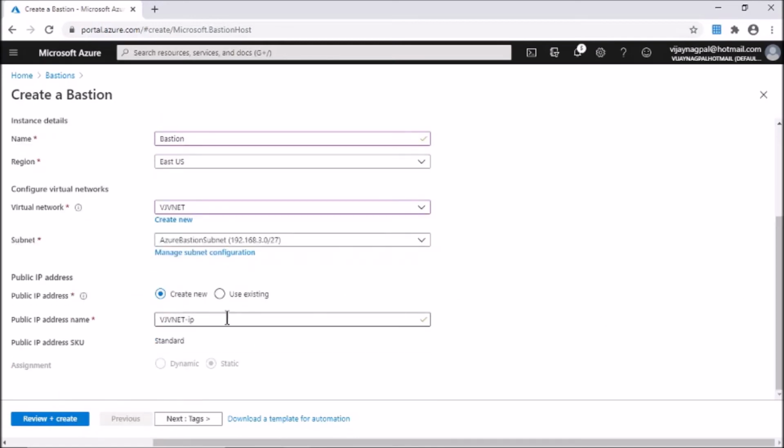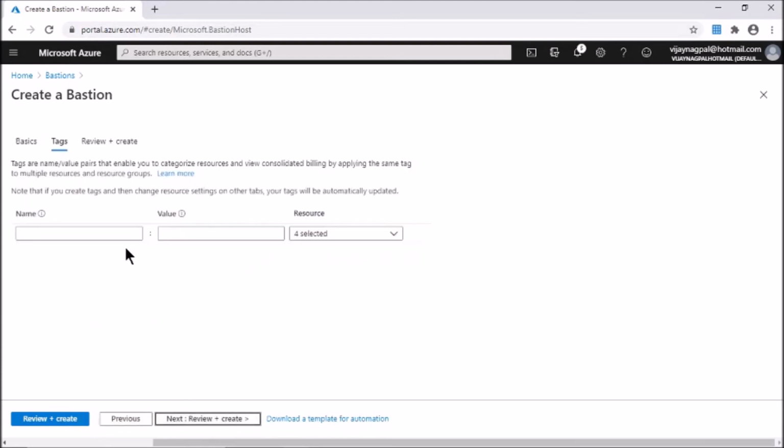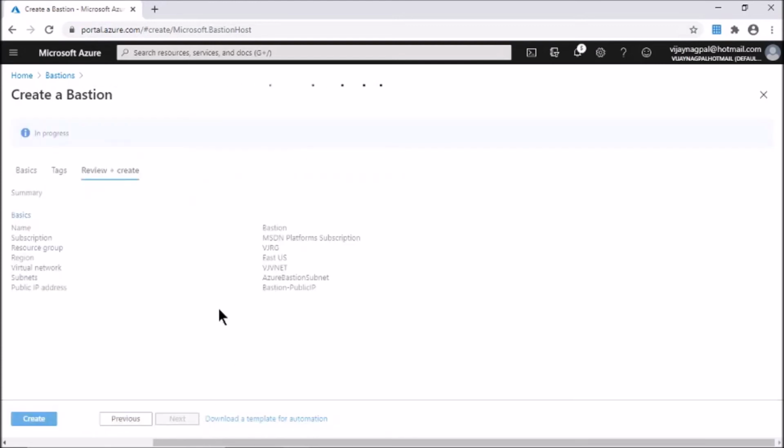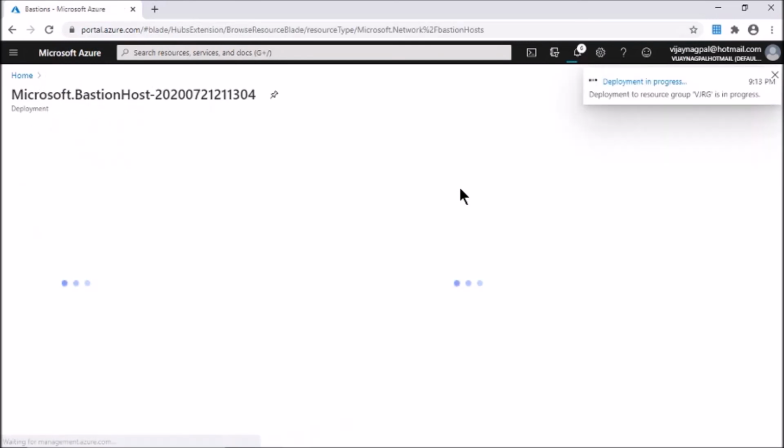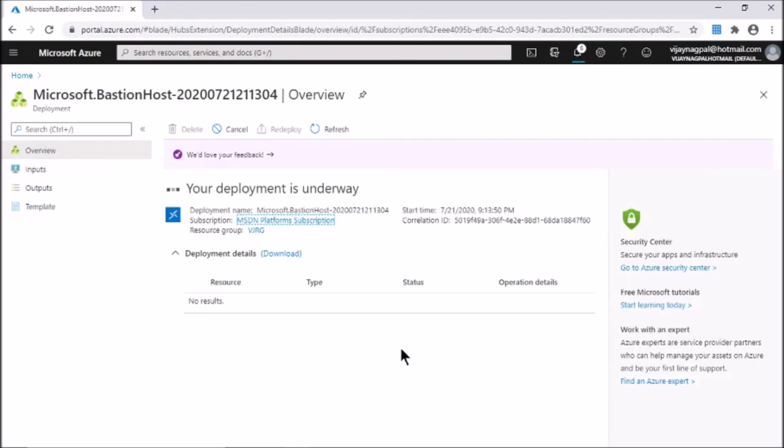For the Bastion instance, I need to create one public IP. So I will name it Bastion public IP. It will be Standard. I'm not going to change it. I will skip the tags, review and create. So this Bastion instance creation will take 5 to 10 minutes. So I will pause the video for now and will come back once this is provisioned.